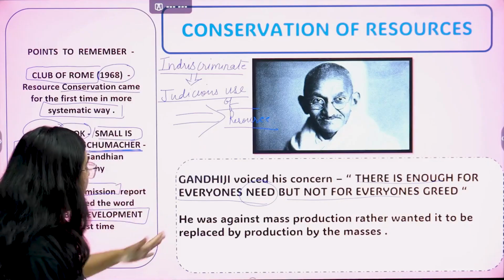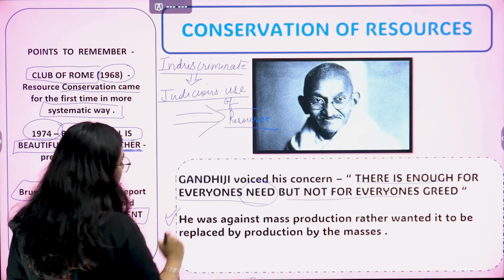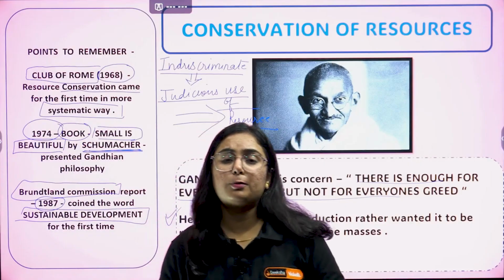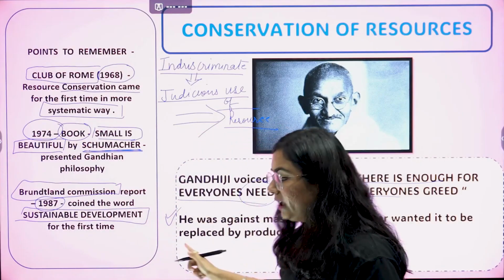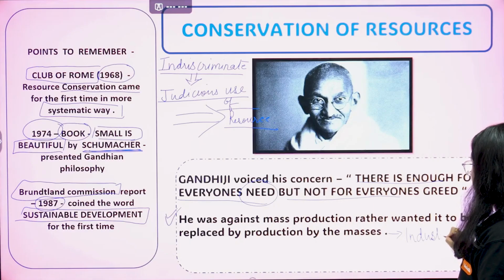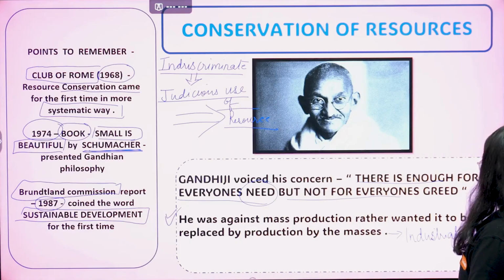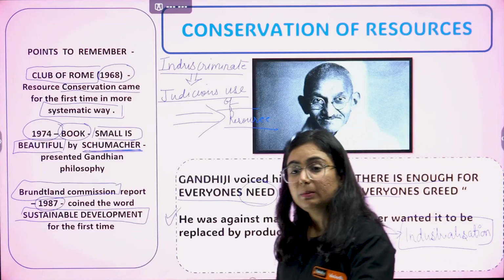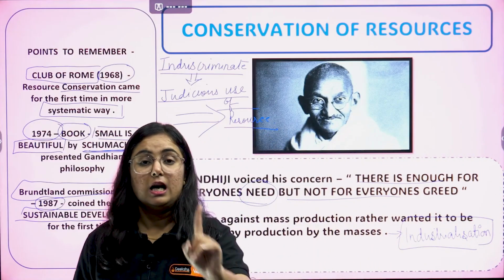Moving further, he also gave one more statement. He was against mass production. Rather, he was in favor of production by the masses. This particular thing we can connect with industrialization. I'll tell you how. What he is saying is that there should not be mass production,